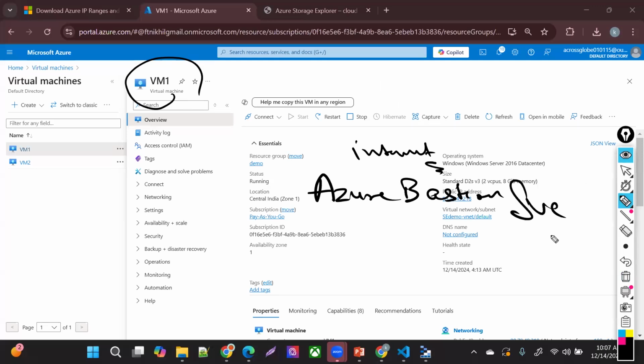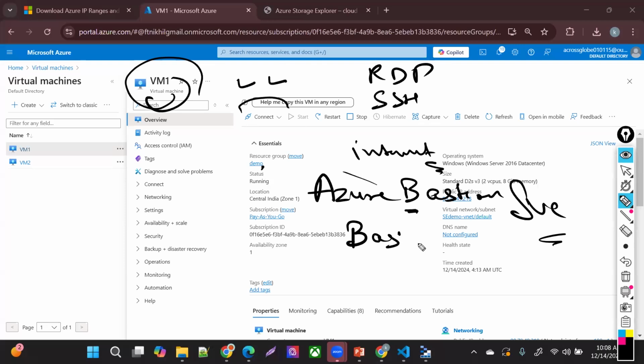This Azure Bastion service is a secure way to access your virtual machine, either Windows or Linux. If you have Windows, you can take RDP. If you have Linux, you can take SSH. Now, instead of going over the internet, when you select Azure Bastion, it's going to deploy a Bastion client, and from that Bastion client, you're going to take a browser-based RDP of your virtual machine.